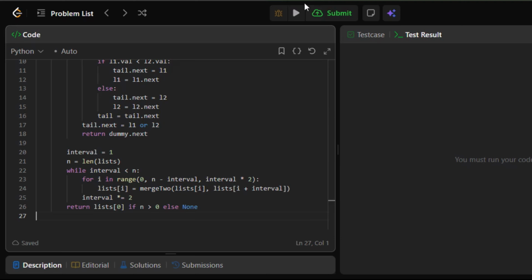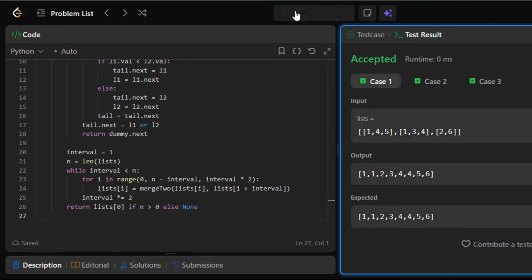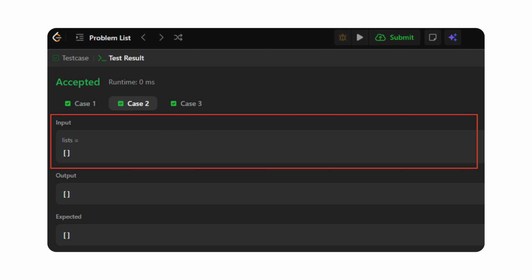Now we test the divide and conquer solution on an edge case, an empty list of lists. There are no linked lists to merge here, k equals 0. In the divide and conquer approach, we normally pair up lists and merge them 2 at a time. Repeat this process level by level, like merge sort, until only one list remains. But when lists itself is empty,